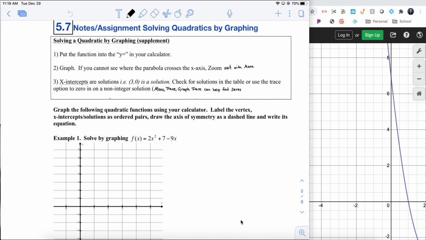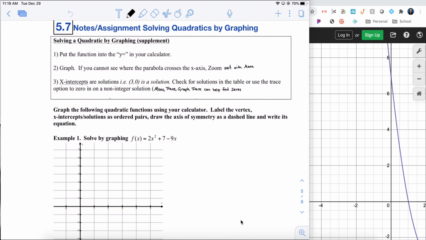You should only be watching this video if you are a remote learner today and you are learning how to do this using Desmos. If you are in a classroom, generally speaking, you should be watching the other video so you can learn how to do it with a calculator because that's what you will have during a test. Okay? All right. Looking at these, first thing we're going to do is put our equations into the y